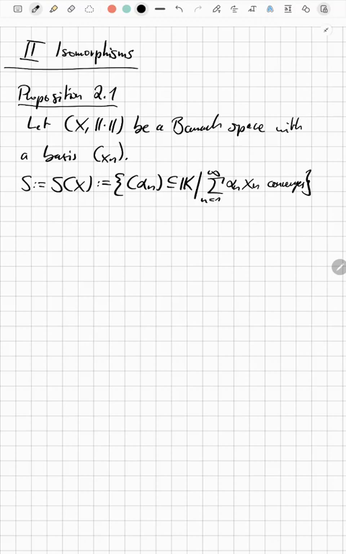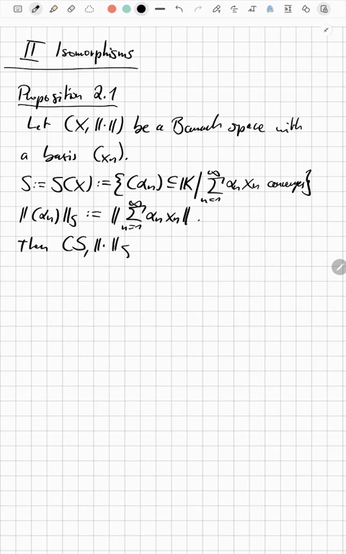And we will also define a norm for this space. So we have a sequence in here, and we will define its norm simply to be the norm of the vector that we get when we put this sequence into this convergent series. Okay, and now the statement is that this space with this norm is a Banach space